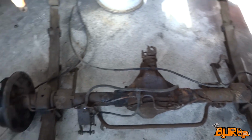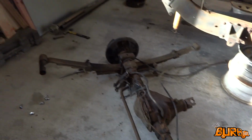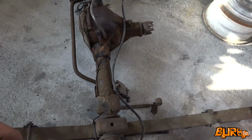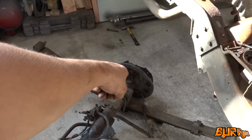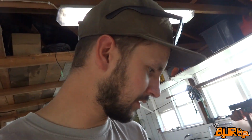maybe strip some more of this apart, start cleaning this part. Even everything that's not structurally rusty, I just want to make everything look nice. So pull everything apart, start prepping everything for paint and primer, give the diff a proper clean up. And I think one side there has actually got a leaky seal because there was a bit of diff oil coming out the end there. So axle seal, I'll probably end up doing wheel bearings and everything in it while